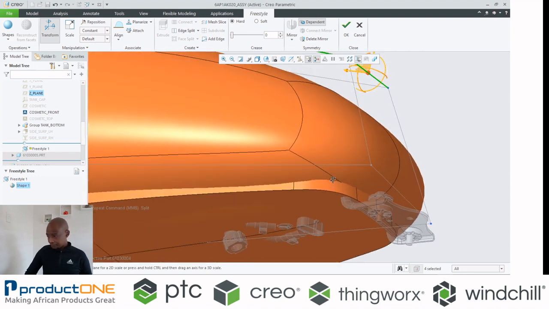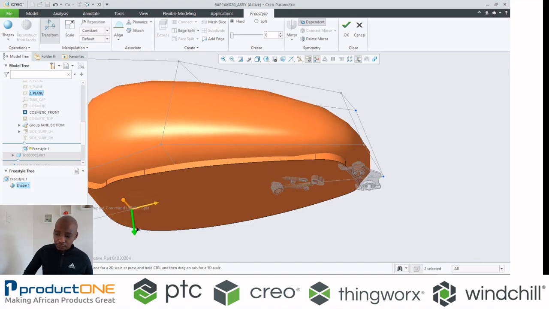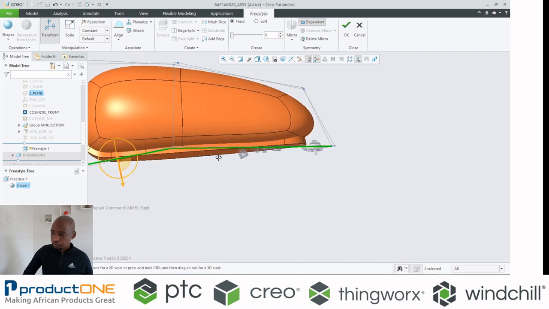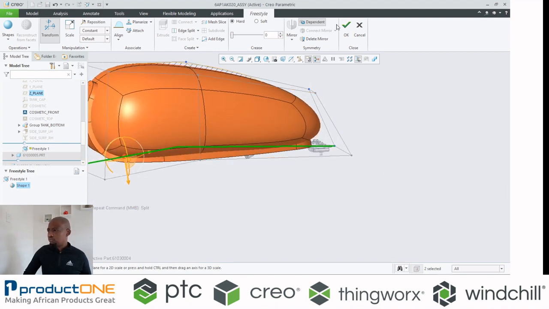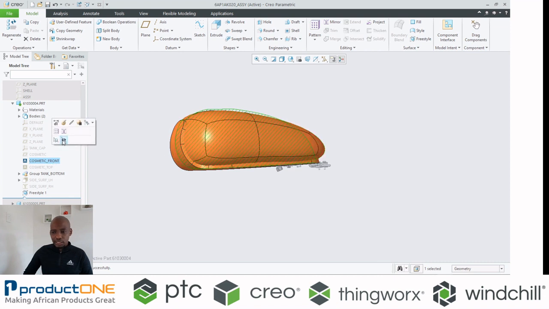Okay, so now that we've got this, I can see there's sort of like pieces of geometry that are going outside here. So here's what I'm going to do. I'll just choose these curves and just push them up a bit, and that should do it. So now that I've got this, and technically I no longer need that cosmetic sketch, I can take it away.